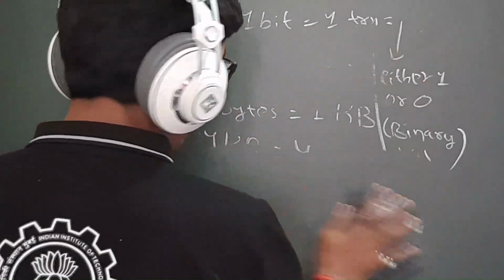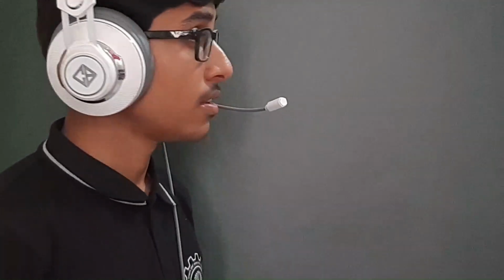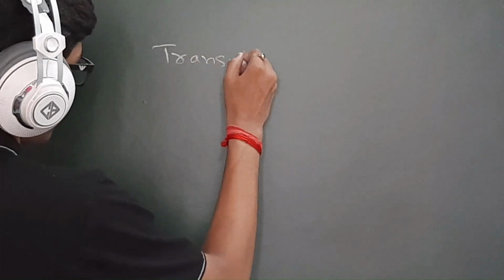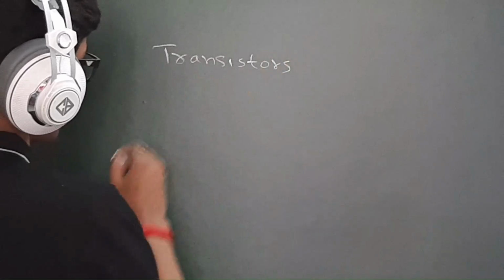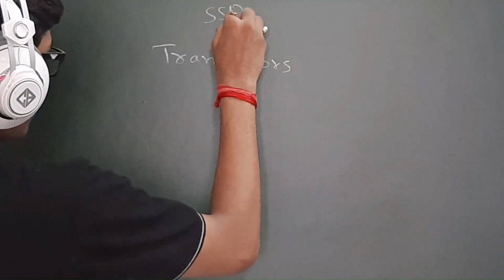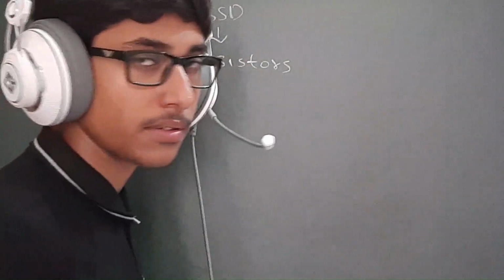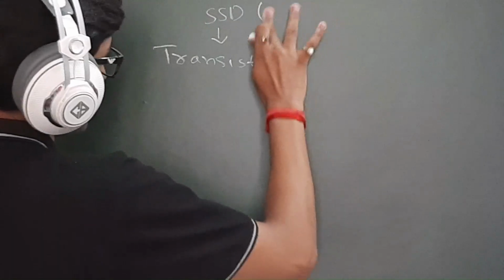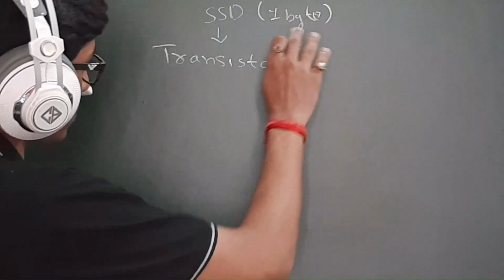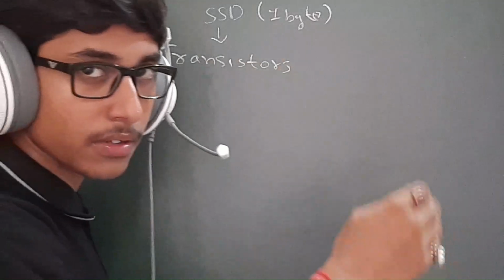Okay, now let's understand how SSDs, RAMs, hard drives, ROM store data. As I've told you, there are transistors. Suppose we have an SSD, there must be transistors in the SSD. Storage capacity 1 byte. Yeah, so this is enough for you to understand, right? If I take a larger value, it will take you years to understand this particular topic. So yeah,